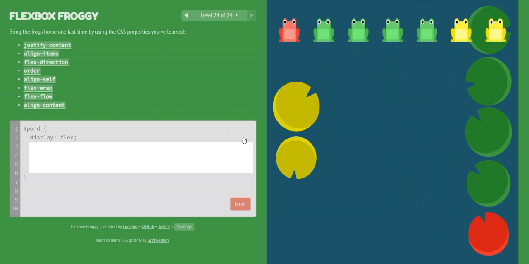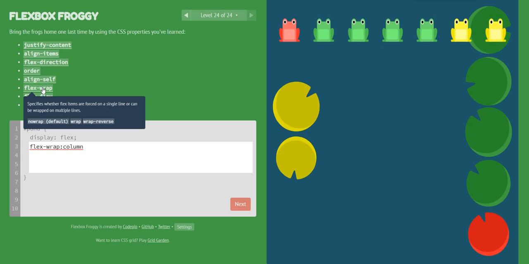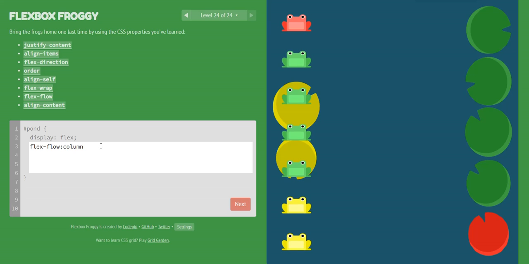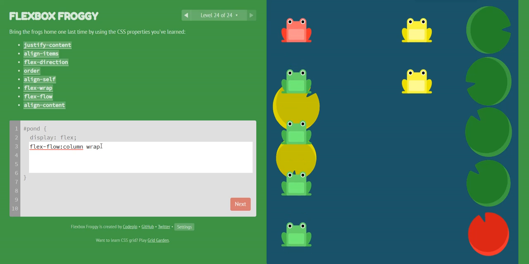Final problem, level 24. And what do we have here? I think it looks like we have a combination of everything that we have learned till now. So let's just get started. Let's use flex wrap because we had only one problem where we could use flex wrap. So if I say column, and then okay, my bad. If I just look at flex wrap, the first value is no wrap, and then sorry, I meant flex flow, not flex wrap, sorry. So you can see that it has come in column, and then the next thing that I would say is to move to the end with wrapping,